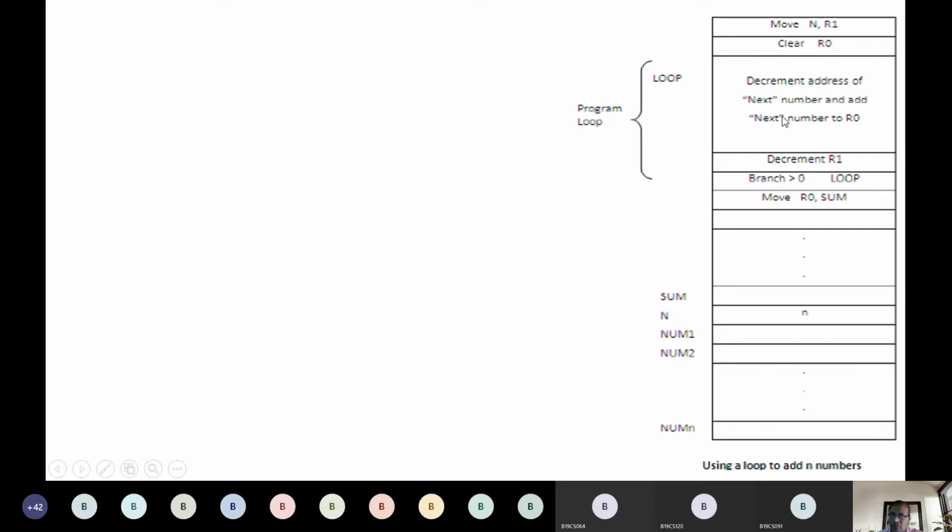So we will do the addition here. How do we do the addition? First we decrement the address of the next number and add the next number to R0. Each time we take the value and add it to R0.